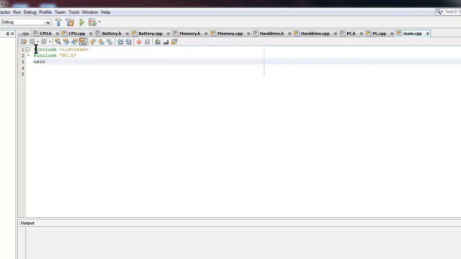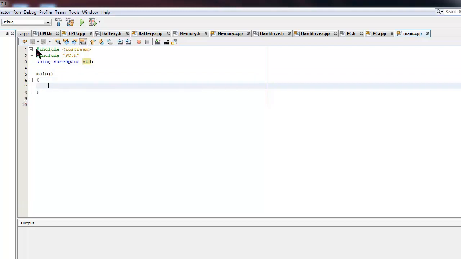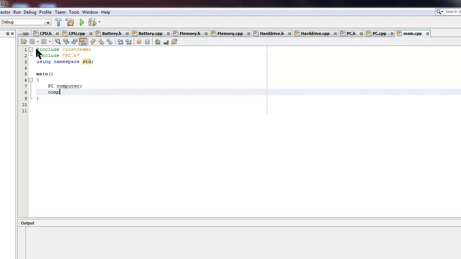And we need using namespace std. Now we're going to make the main, put curly braces. Now we're going to make the PC class in the main. PC computer. Now we're going to call the function